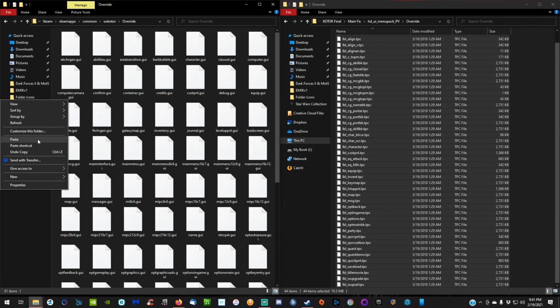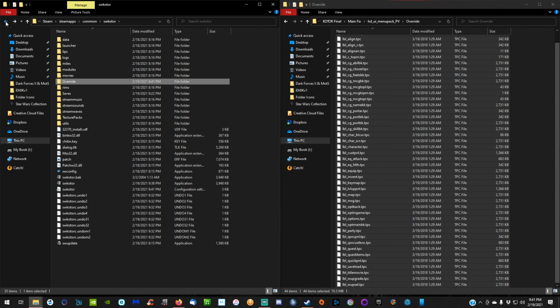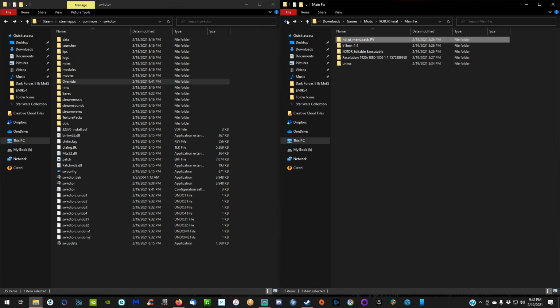And we're going to paste. And I'll copy all those over. Now what that should do is if there was any kind of offset from the lettering to where the mouse is set, so you can select anything while you're in the menus in the game, it should have corrected that now at this time. And then one last thing you can do here before we actually get into the mods